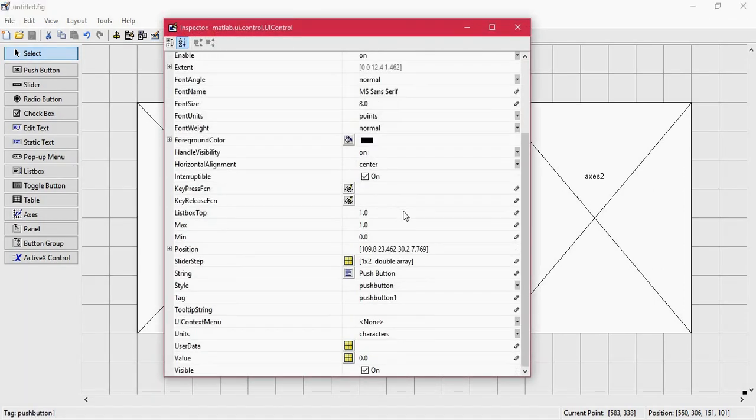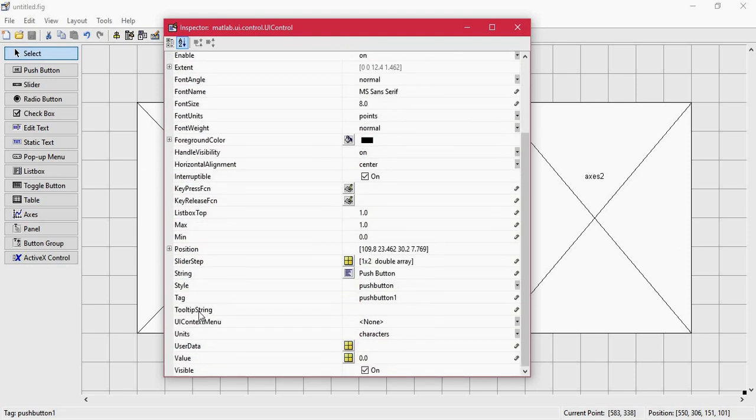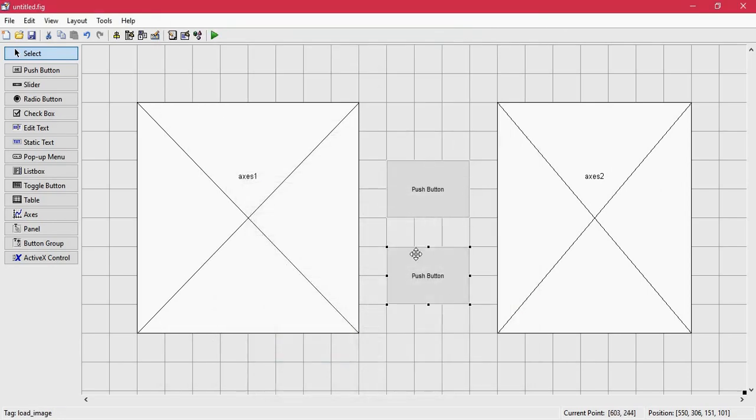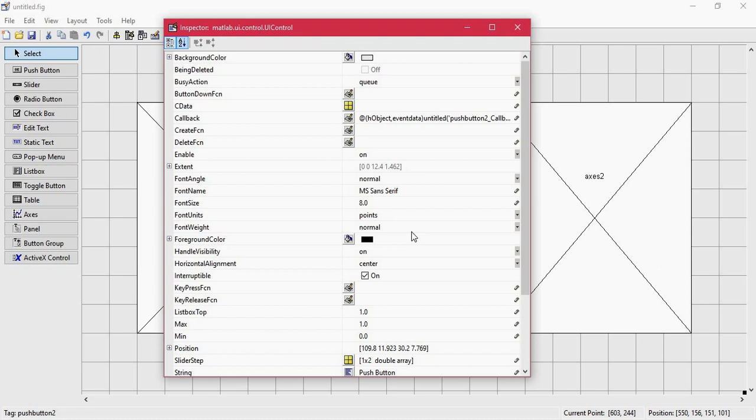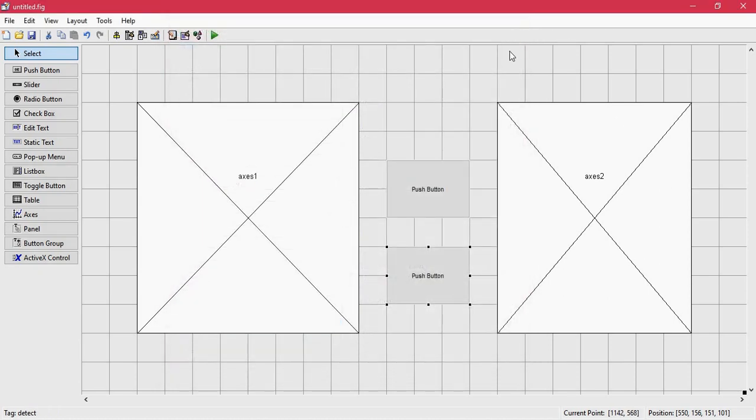I want to change the tag for the first one. Where tag is here, not push button 1, I want to name it load underscore image. Okay. And the other one, I'm gonna say detect. Okay. What we also need to do is